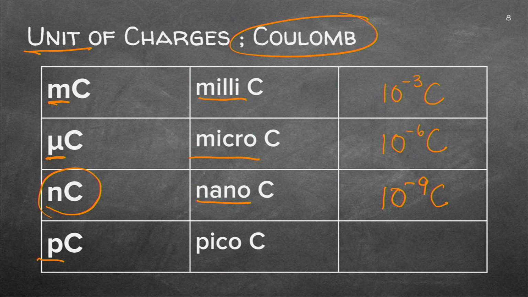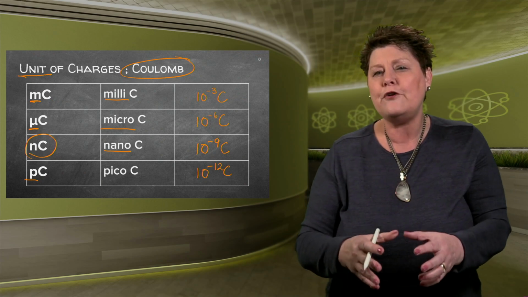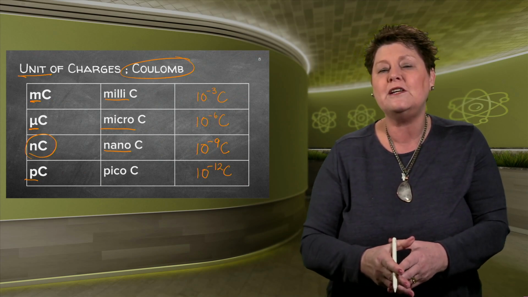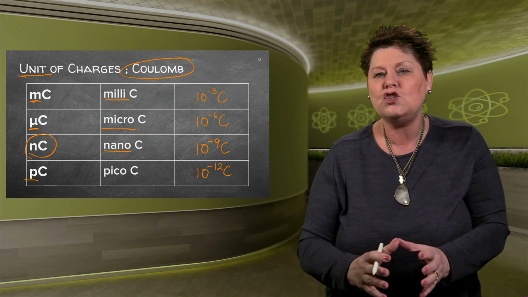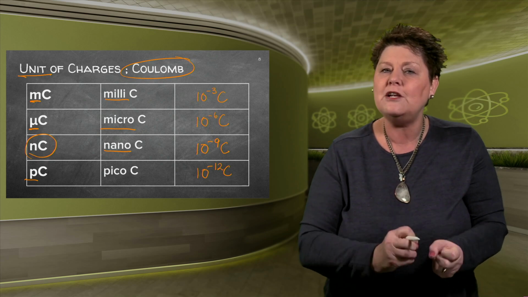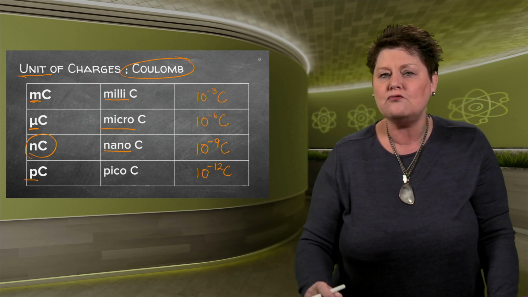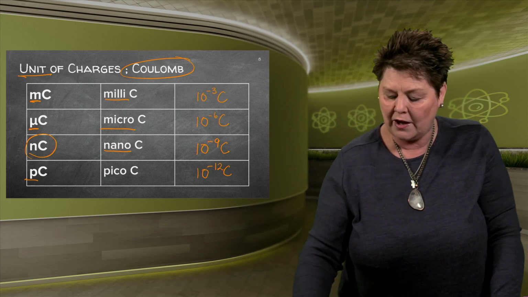And the smallest one that we use at school level is a picocoulomb, which is 10 to the minus 12. So just make sure, since it's not on your information sheet, that you know how to convert. We've done some of this in the first themes when we did dimensional analysis. So if you are a little bit unsure, go and have a look at dimensional analysis, which we've done right in the beginning of each grade.